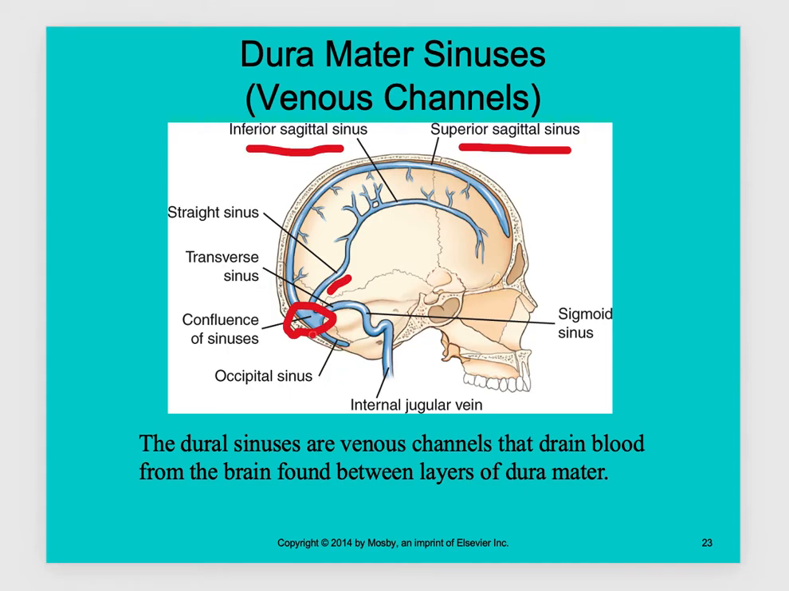Also your occipital sinus. So your occipital sinus comes in, your inferior sagittal sinus, your superior sagittal sinus to that confluence comes out through the sigmoid sinus. Okay, so sigmoid sinus, once again, S. So there's an S pattern to that. So the sigmoid sinus and then the internal jugular. So the dural sinuses are venous channels that drain the blood from the brain found between the layers of dura mater. Okay, so